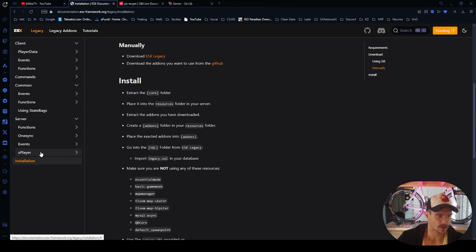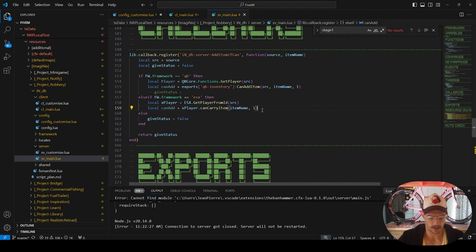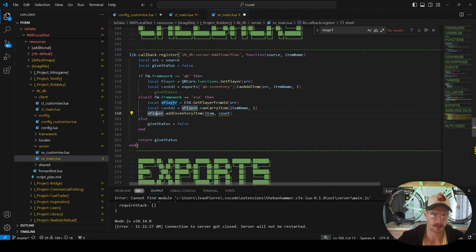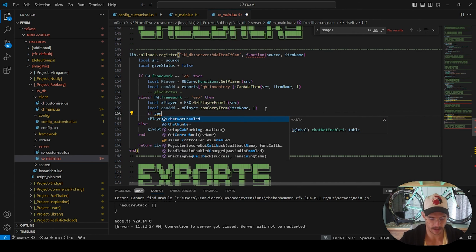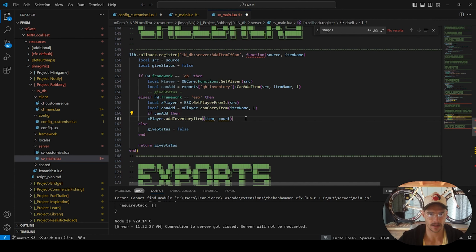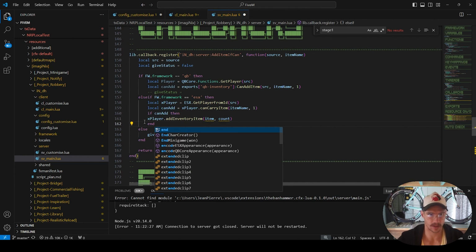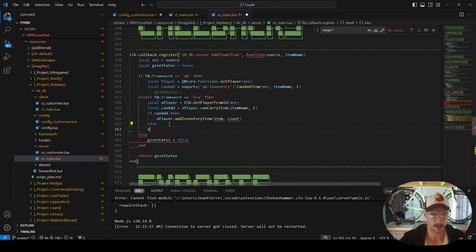It'll probably be a server. Add inventory item, we just copy that. Right, after we checked if we can add an item, so let's do this. If can add, then we add the particular item and just call end. Actually make it else end,